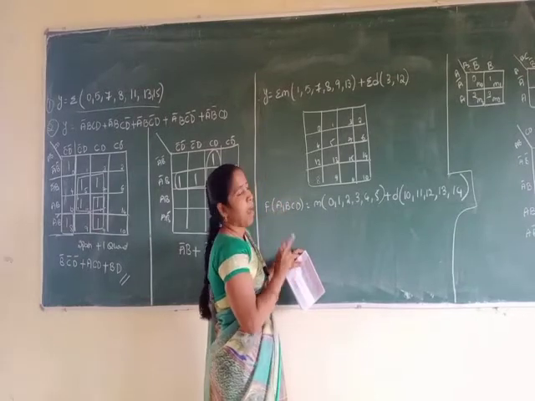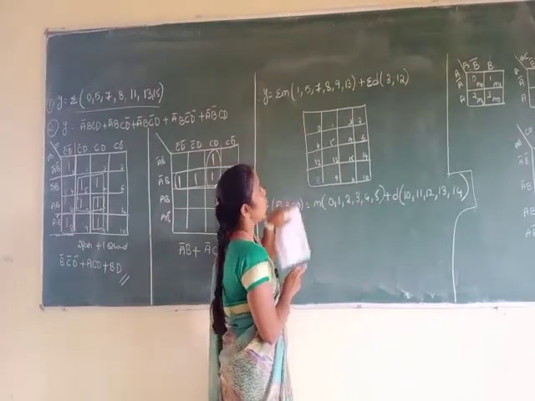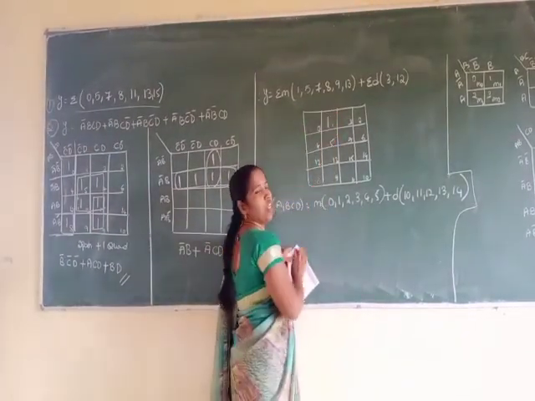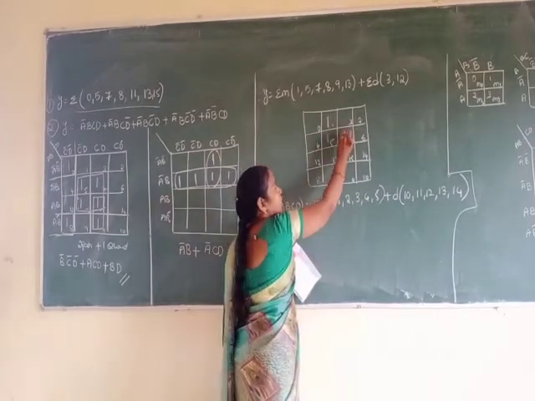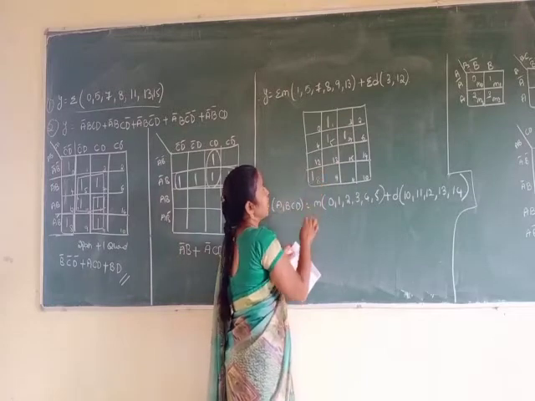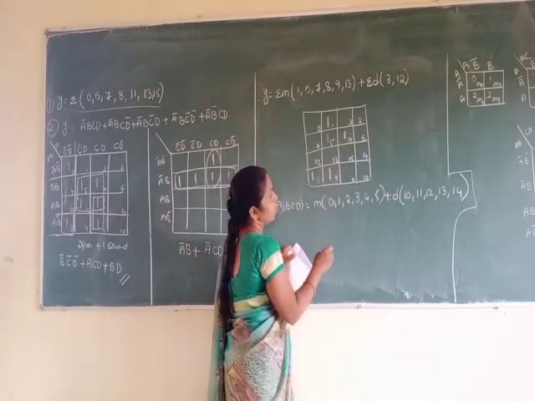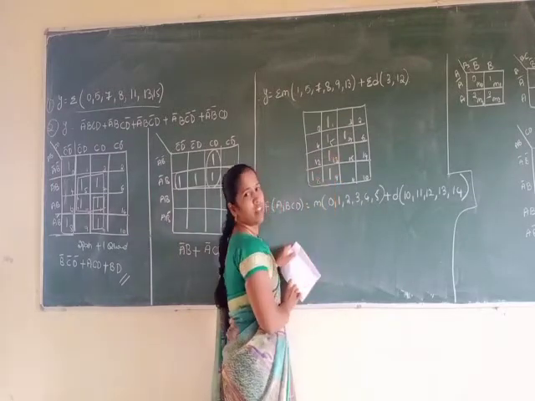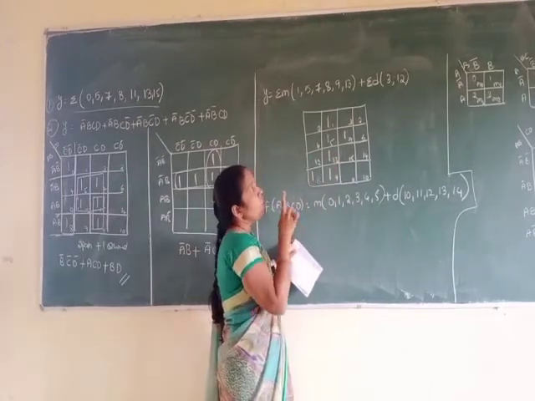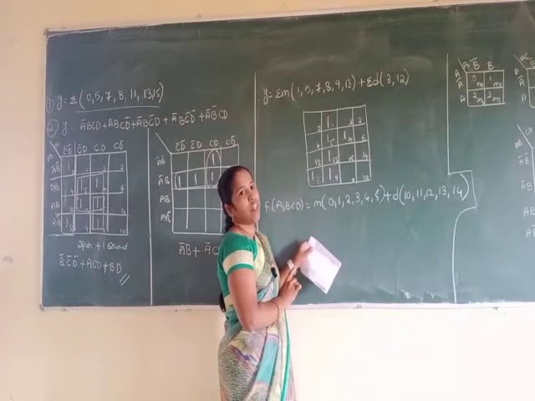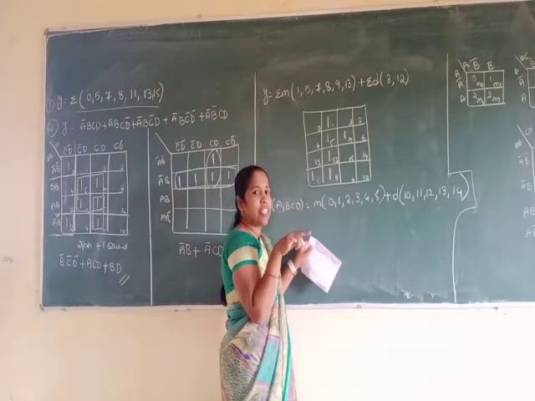If you check the mapping of min terms, the first value is 1, so wherever 1 is there, place 1. Second value is 5. Third value is 7. Fourth value is 8. Next 9. After that you have 13. Right? So I got the values. Now the don't care condition values also they have given, and that is represented by X here.